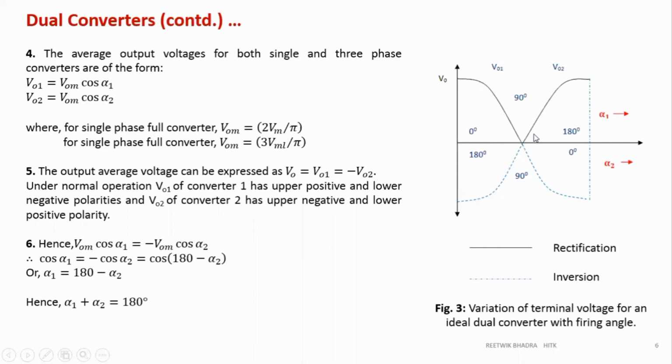Okay. So after 90 degrees, what happens? Obviously, it will change. The second converter will act as a rectifier now. See, it has become a bold line now, rectifier. And then the other converter will act as an inverter. So if you don't want the other converter's operation, you can switch off this converter, so only you can have the positive pulses. Whichever you want, that way you can operate.